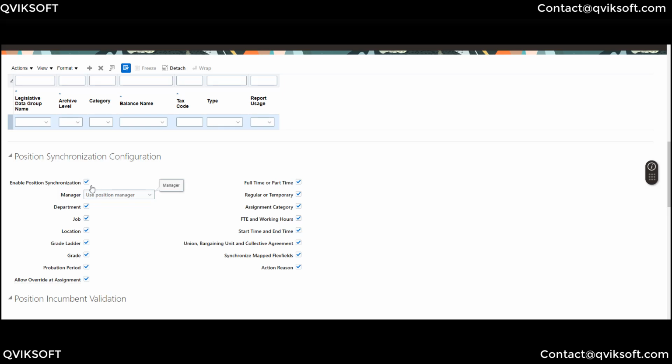If you enable this, then you can choose which attributes at the assignment level should be updated from position, because all these attributes are also available when you define a position. So when you enable this synchronization, you can choose what attributes at your assignment level should be updated from your position. You can also choose whether to use position manager or use position hierarchy,